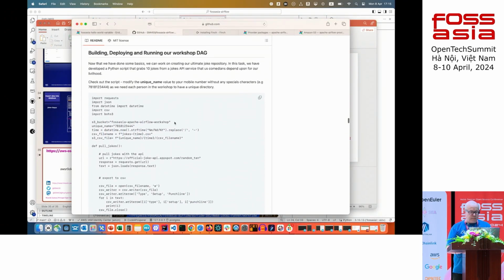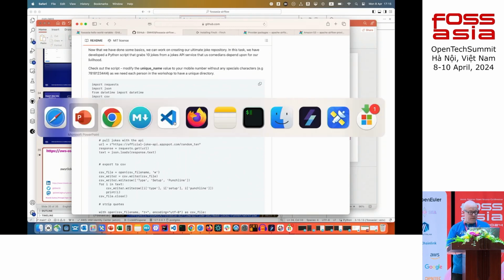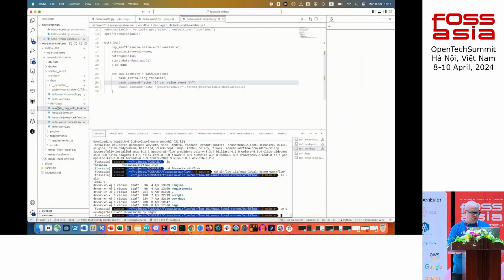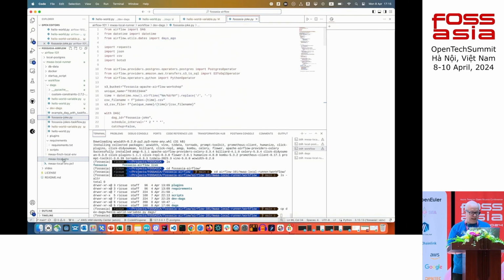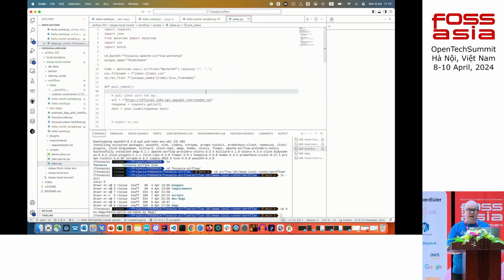The code for this repository is all here, but it starts off with an original script, and this is very typical of how people start with Apache Airflow. They have a script they want to run on a scheduled basis. It's not anything to do with workflow, it's just a standard Python script. And so this script will, if I run it,